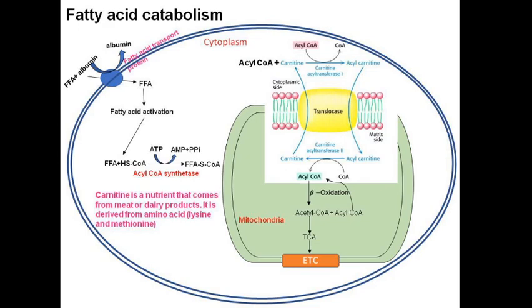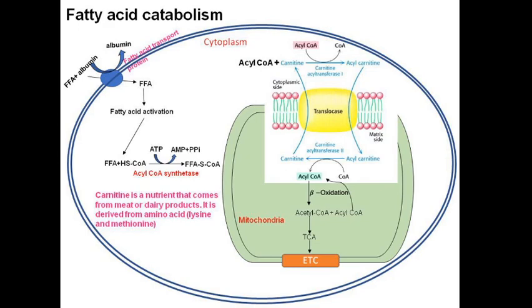Once these free fatty acids come into the cytoplasm of these hepatocytes, they undergo activation. This activation is facilitated by a special enzyme called acyl-CoA synthetase. What this enzyme does is add a coenzyme A molecule to the free fatty acids. So this coenzyme A derivative of free fatty acids is the activated form of the free fatty acid. And it's a huge energy consuming reaction. So ATP has to be hydrolyzed into AMP, and a pyrophosphate is released for the activation of these free fatty